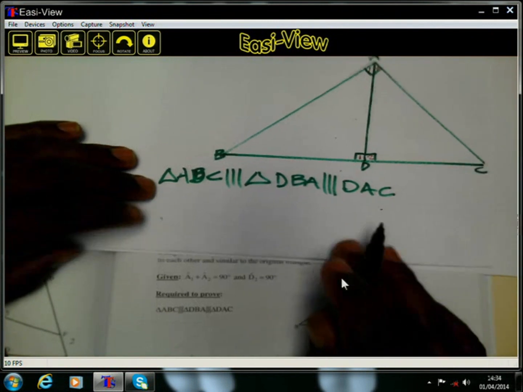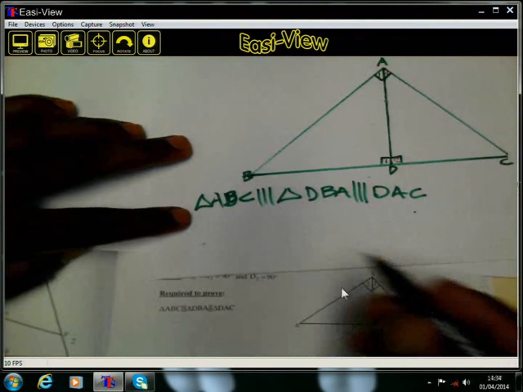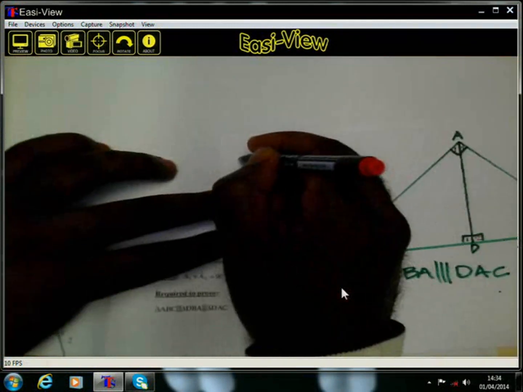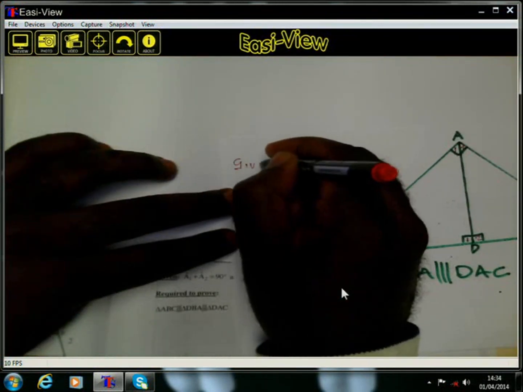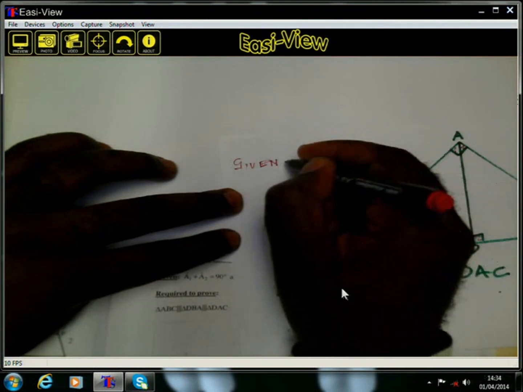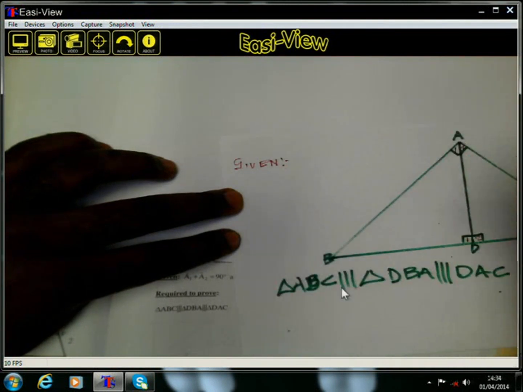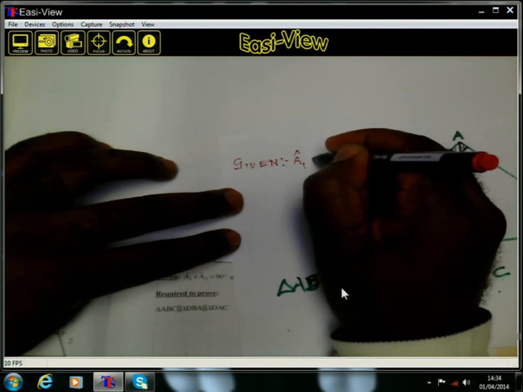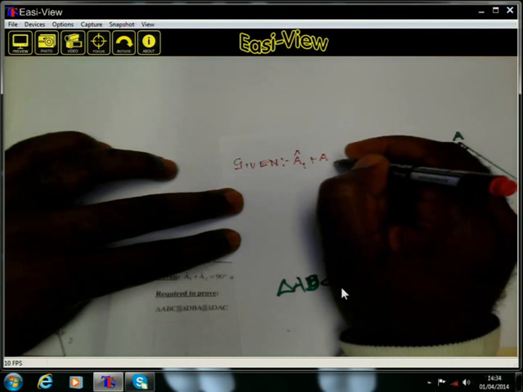Fine. Now, if we want to talk about the information which is given to us, I think this is what we should have started. Much as we don't know the exact value of A1 and A2, what we know is that when you add A1 with A2,